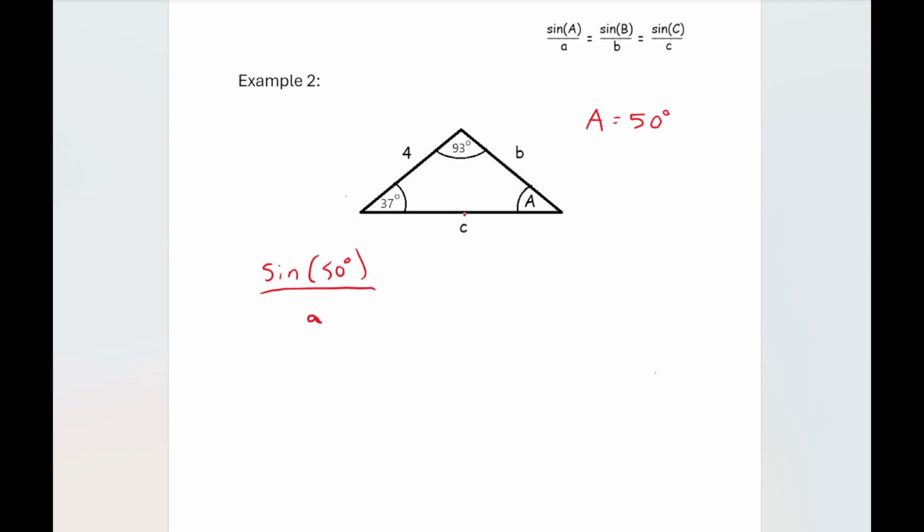If we wanted to solve for B or C, it doesn't matter which one you do first. So we'll go ahead and try to solve for our B first. We're going to set our A information equal to our B here. I'm going to go ahead and label these here. So we knew this was A. This is a step I like to do first. I forgot. So now we have everything labeled. So for our angle B, we'll have our sine of 37 degrees,